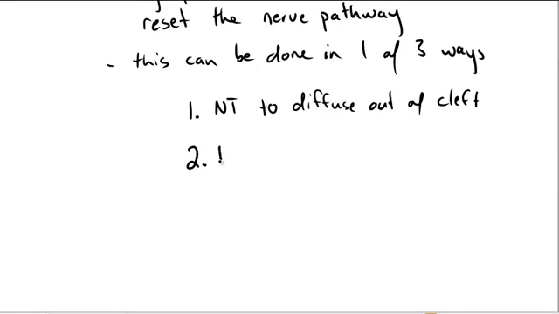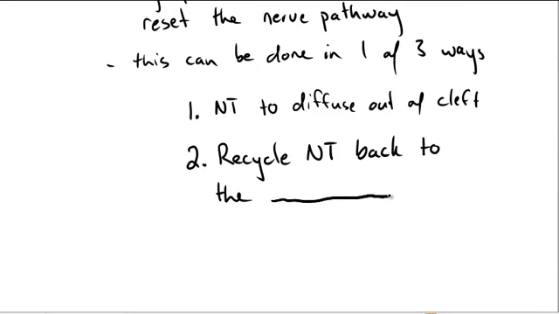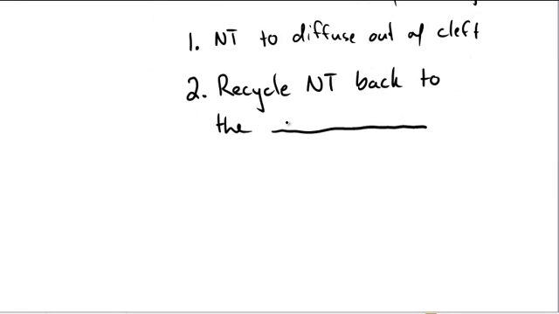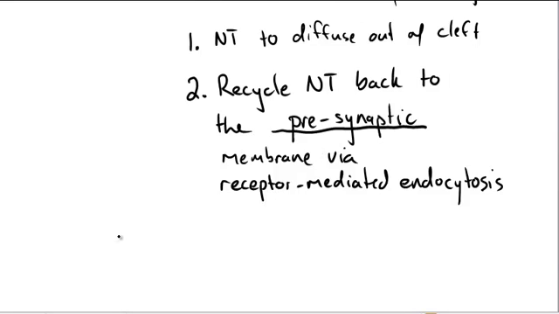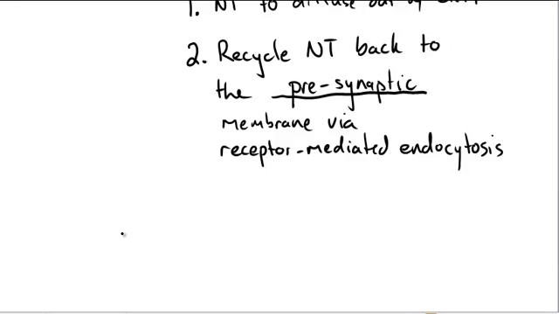Two, we can recycle the neurotransmitter back to where it came from. Which released it, the presynaptic cleft or the postsynaptic cleft? Or, sorry, membrane. Yes, back to the presynaptic membrane via receptor-mediated endocytosis. So there will be a particular receptor on the presynaptic membrane that will bind to it. It'll form a vesicle around and bring it into the cell. As it does that, it lowers the concentration around the presynaptic side, encouraging the neurotransmitter to diffuse back towards that